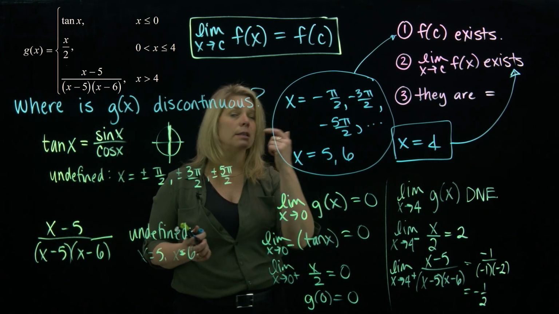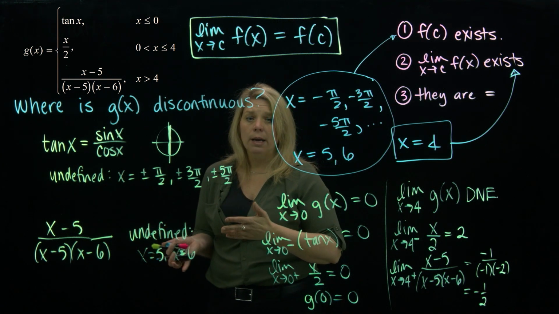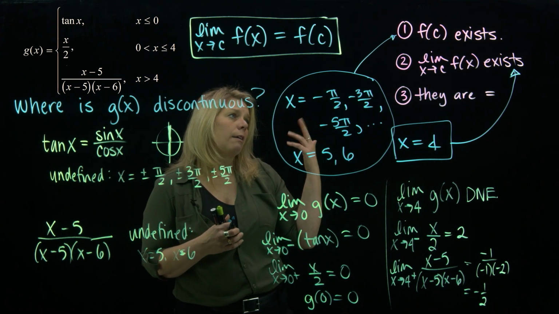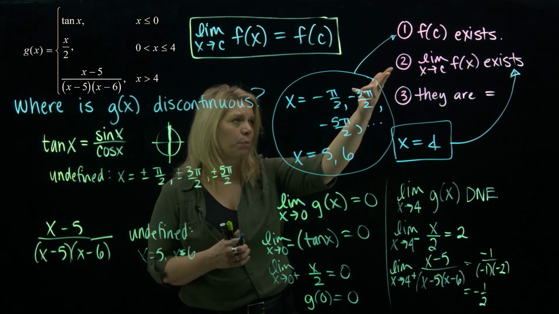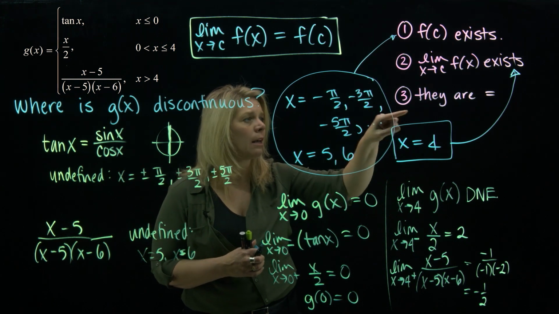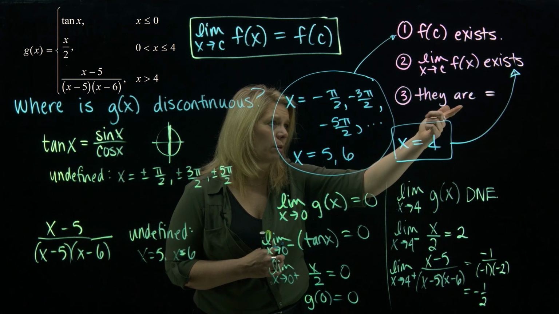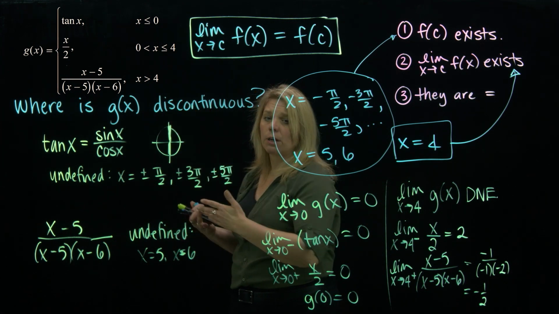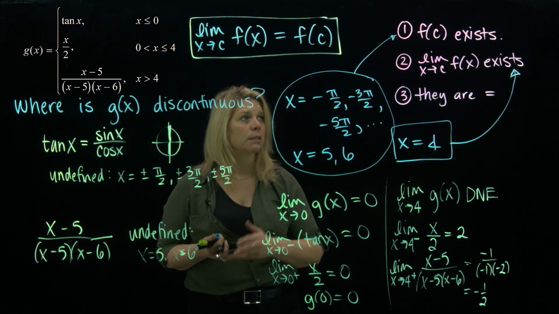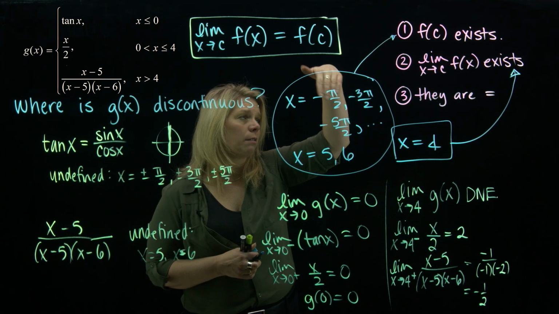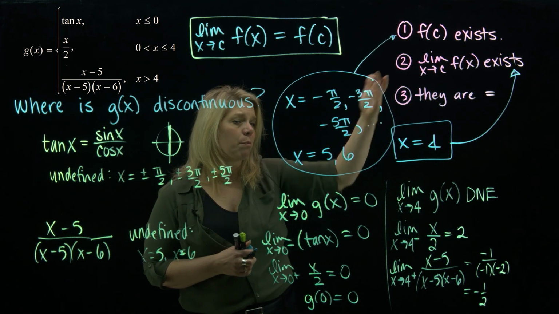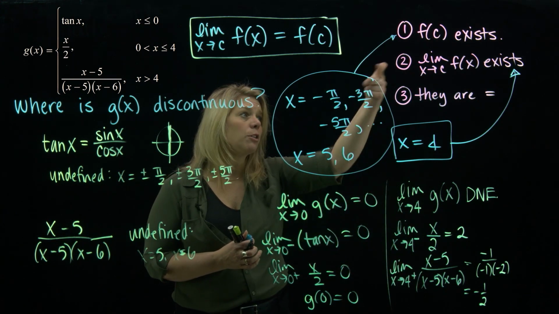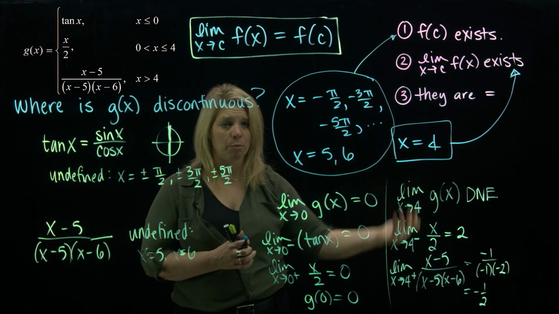Every place else, since I have substitution shortcut theorems that tell me that at many points I can just substitute in, without the domain restrictions and the pieces of the piecewise functions, as long as those two conditions are met, if I have both of those things, they will be equal for this one because of those substitution shortcut theorems we had. So in general, on a piecewise function, when you're looking at why a function might fail to be continuous, you're really looking for these issues here: domain and pieces of the piecewise function not matching up. And so you need to just consider the one-sided limits and see if they agree. If they do agree, you can also check to make sure that the function output agrees with that as well,